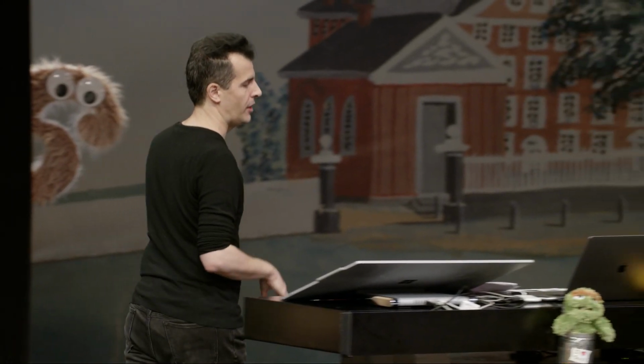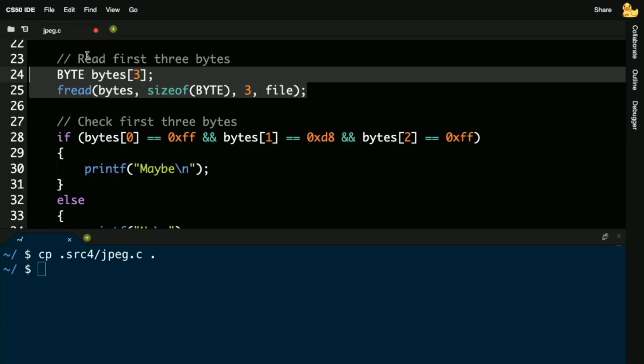Is this a GIF? Is this a Word document? Is this an Excel file? They tend to have these numbers at the beginning of them. And JPEGs have a sequence of bytes that we're about to see. This line of code 24 here, as you'll see in the next problem set, is how you might give yourself a buffer of bytes, specifically an array of 3 bytes.